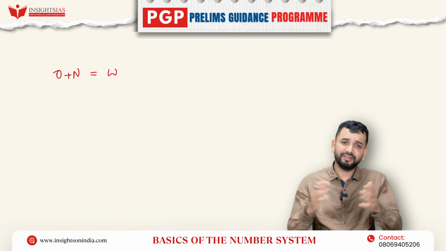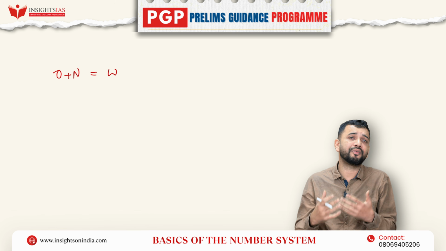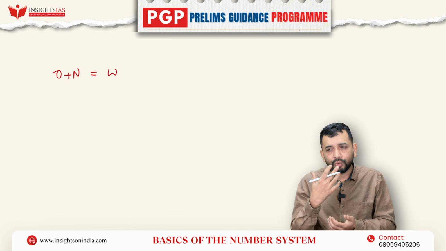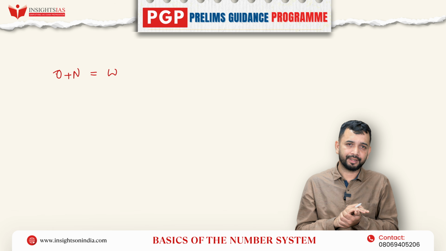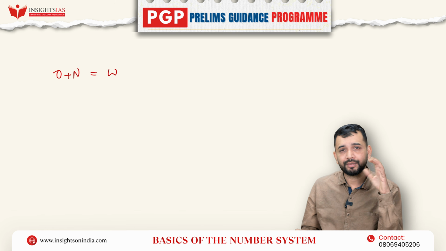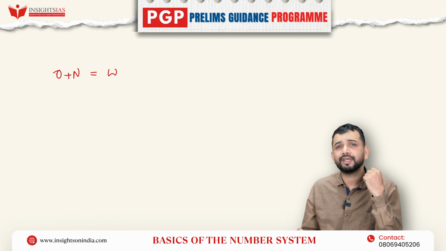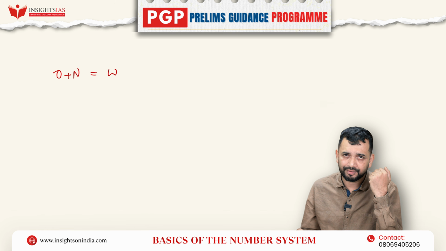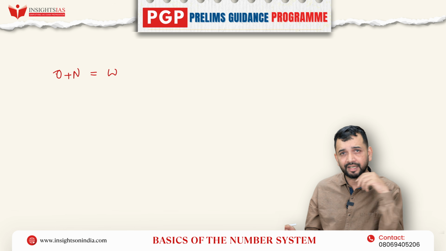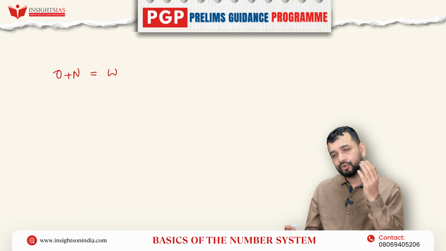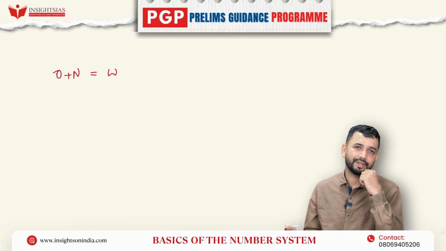Now, is it only possible to calculate? So to make our calculation simpler, right? Because now you understand the real-time situation, then you will understand why there is a need for integers or negative numbers, right? Otherwise, in real life, there is nothing called negative numbers, right? So now, why do you need these negative numbers? Let's say,